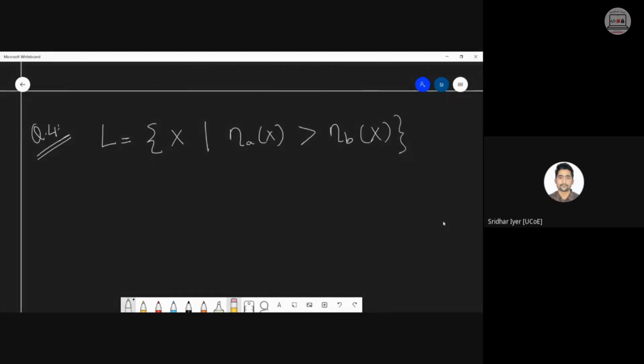Think of the logic and then solve it. Almost the diagram would be exact, almost it would be similar. There might be a few changes, otherwise the diagram would be 90% similar. It is number of A's more than number of B's. Why have I selected this problem? Because I simply would like to show you the distinguishing factors between this problem and the previous problem. That is why I have selected this problem.